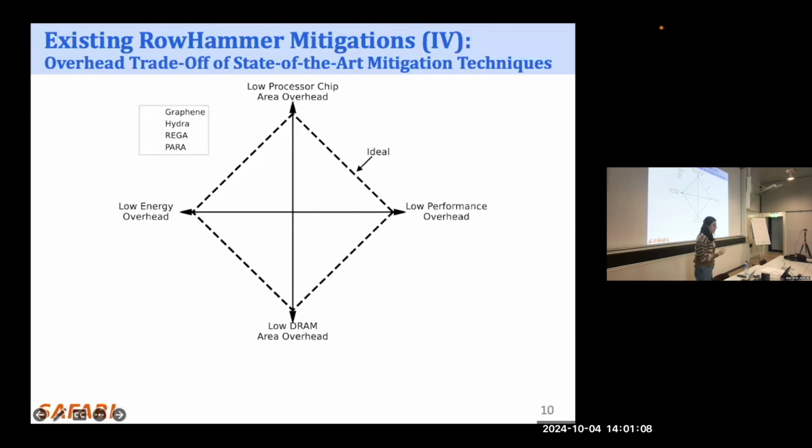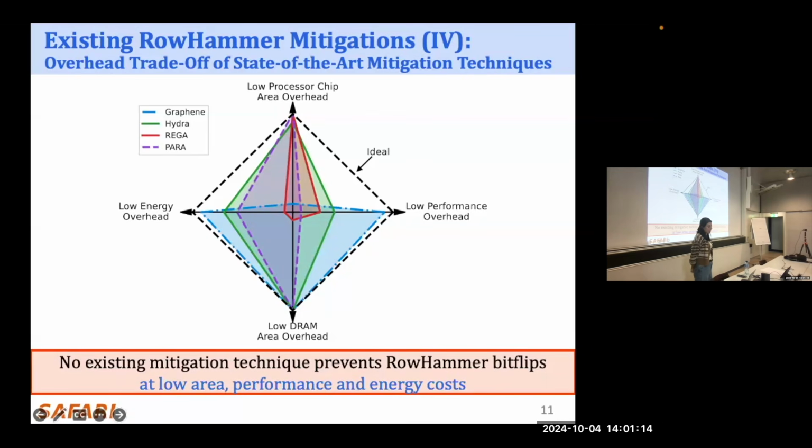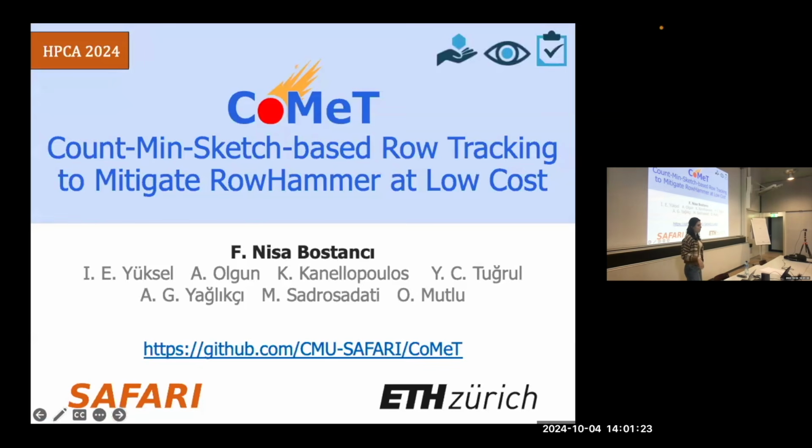And we looked at 4 state-of-the-art mitigation techniques. As you can see from this radar chart, none of the existing mitigation techniques prevent RowHammer at low area, performance, and energy costs at the same time. And today I'm going to talk about 2 papers tackling this issue. The first one is called CoMeT, Count-Min Sketch-Based Row Tracking to Mitigate RowHammer at Low Cost, which was presented in